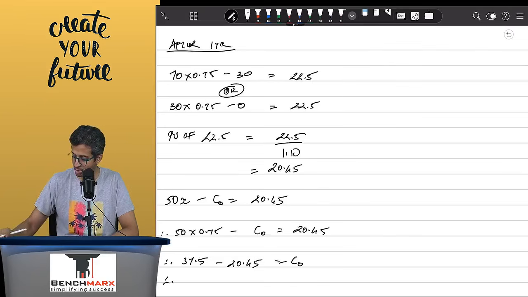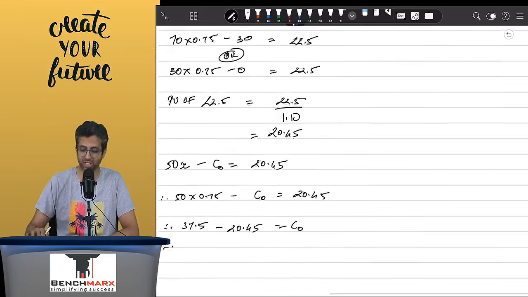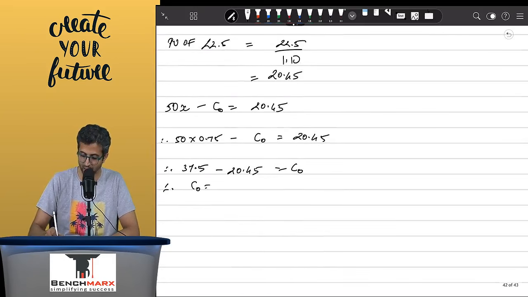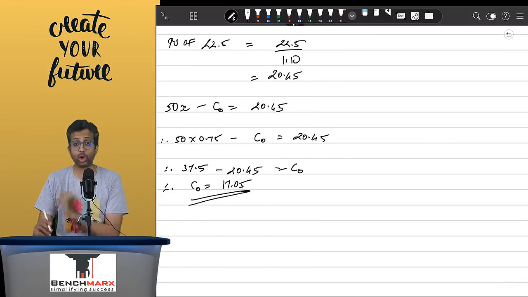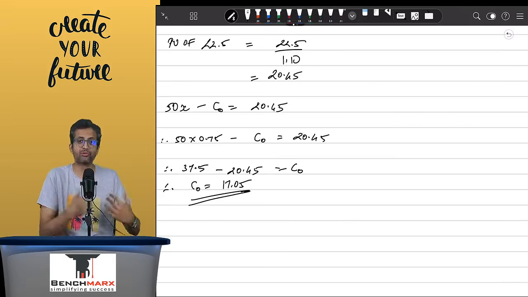Therefore, minus 20.45, which will come to 17.05. So this is C0 equals 17.05. This is the premium that you should be prepared to pay under the binomial option value. This is the method that you will follow if the question says that you have to follow using a riskless